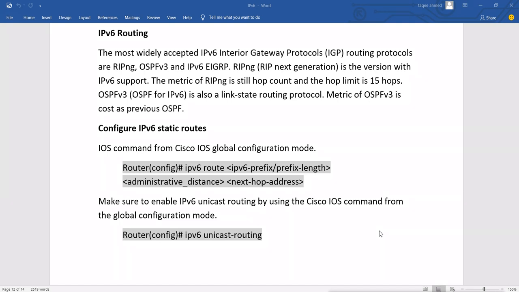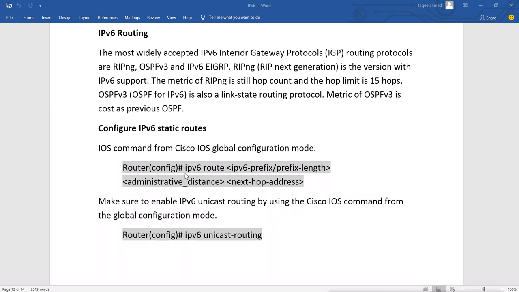Now how can we configure the routing? First we have to configure IPv6 addresses on all the interfaces of the router. And when you have IPv6 configured everywhere, you can do routing also. We can do static routing, we can do dynamic routing, by using RIP-NG, we can do OSPF, we can use EIGRP. Now first we'll see static routing. Again, static routing is the same as we do in IPv4.